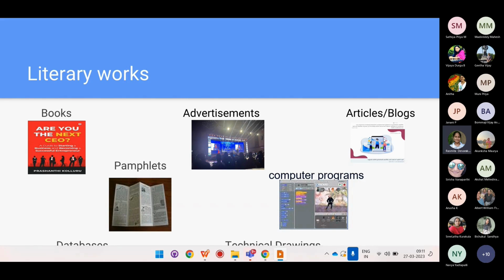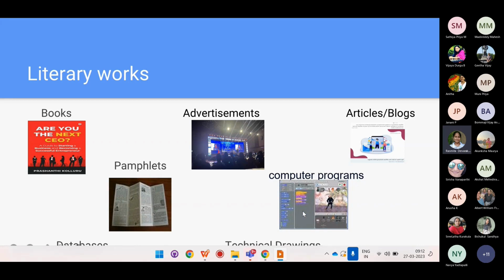Somebody else can't reproduce the same article in their blogs. We often generally copy paste from various other sources, but it has some amount of genuineness in its work. So that is what we need to check and protect our articles or blogs while preparing, so that nobody else can copy it. And pamphlets, whatever designs we make in the pamphlets or the content we write in it, they